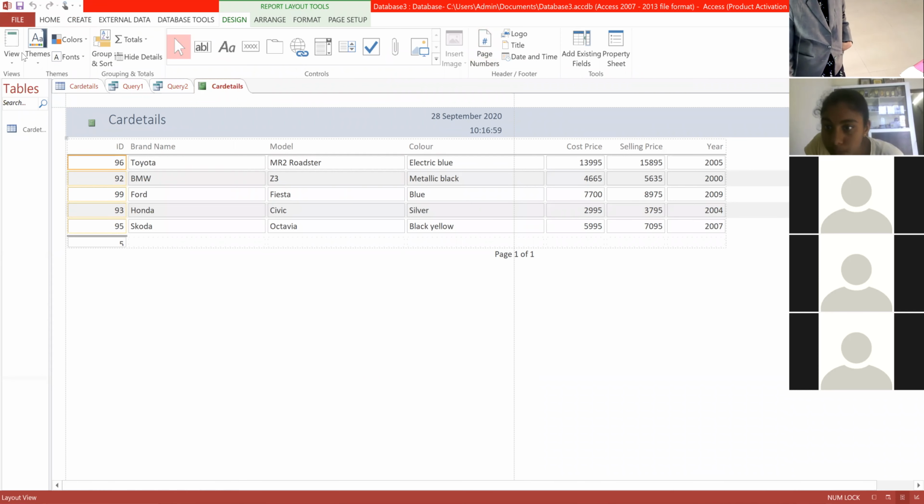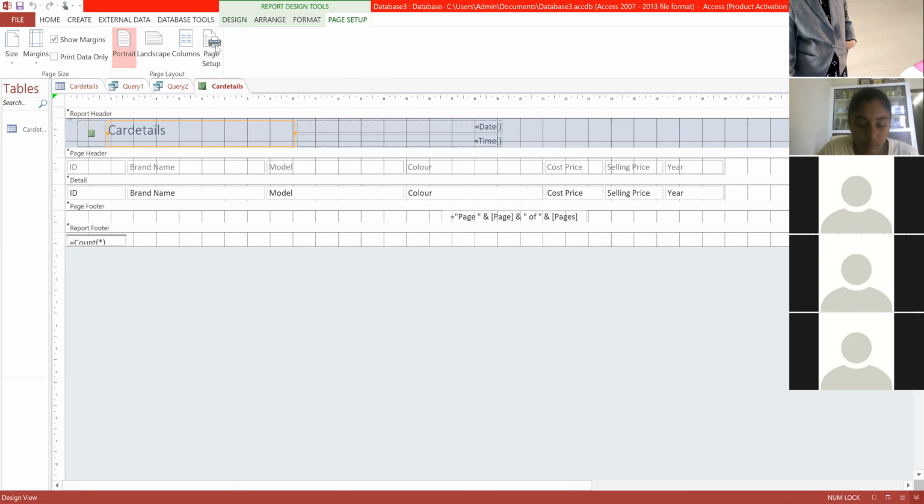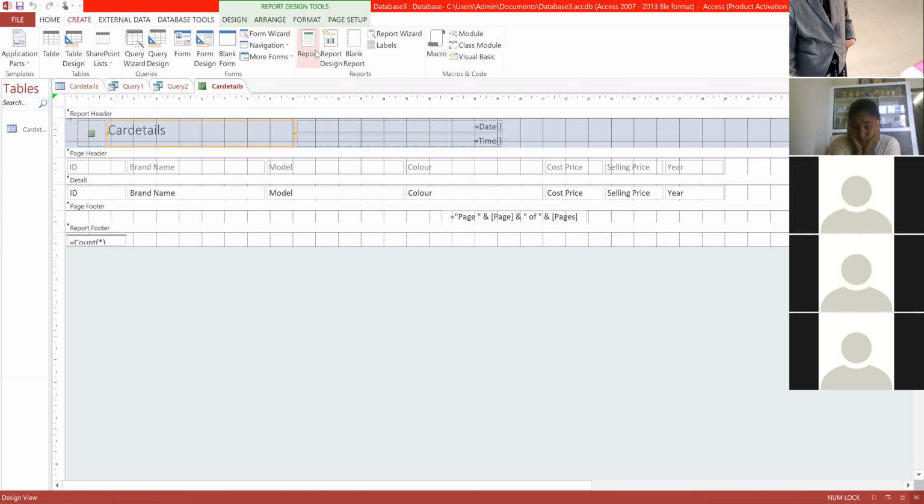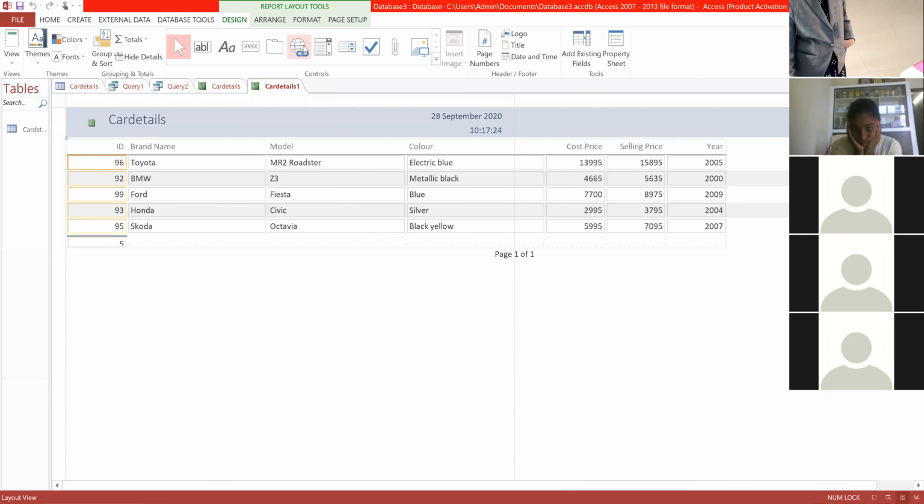So this is what view? This is design view. Yeah, these are the 4 types of view.